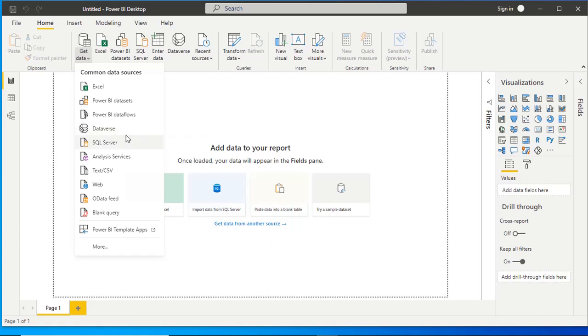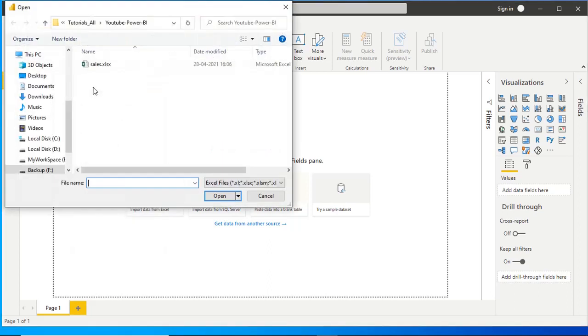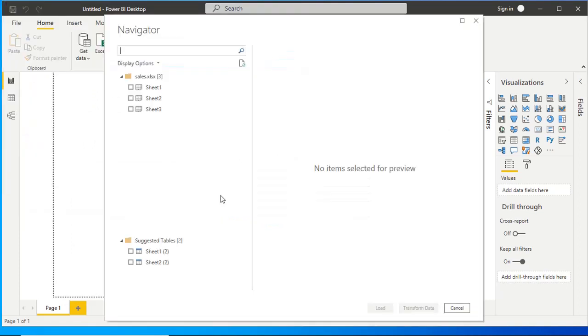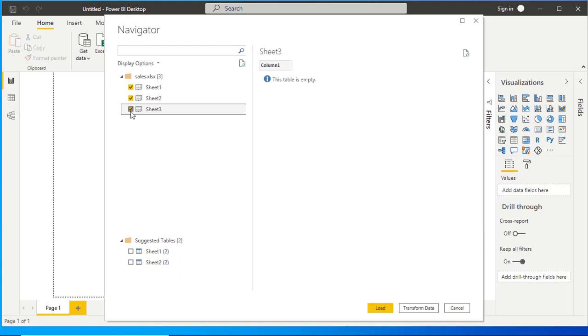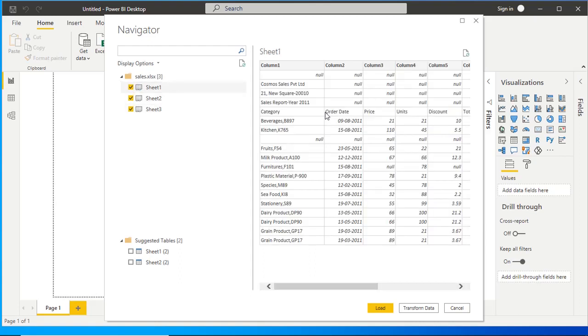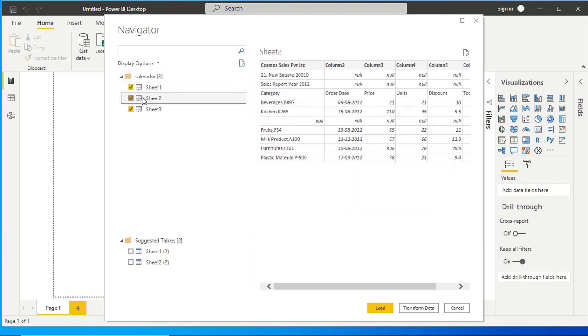So on the top, we select Excel. In the navigator, you can see the sales Excel file displays the three sheets: sheet 1, sheet 2 and sheet 3. In sheet 3, there is no data, but in sheet 1, we have the data for the year 2011 and in sheet 2, we have the data for the year 2012.